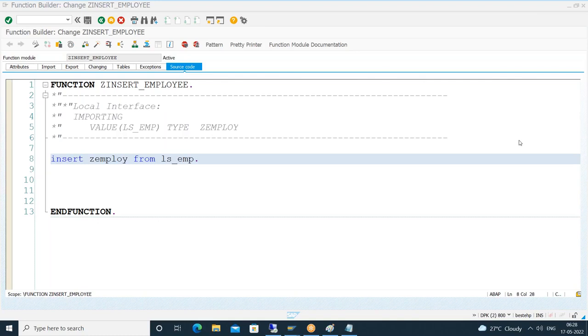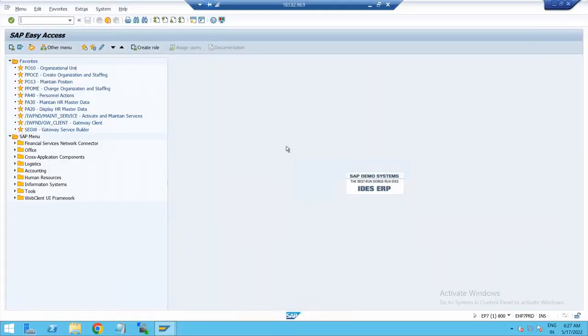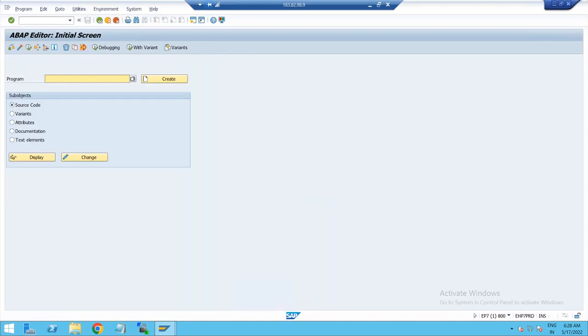So this is my RFC server machine. Let me go to the other SAP system. This is my other SAP system. Here I have to call the remote function module. So already we know the syntax for synchronous and asynchronous. If I go to the ABAP editor, this is the RFC client machine, right? So in the RFC client machine,